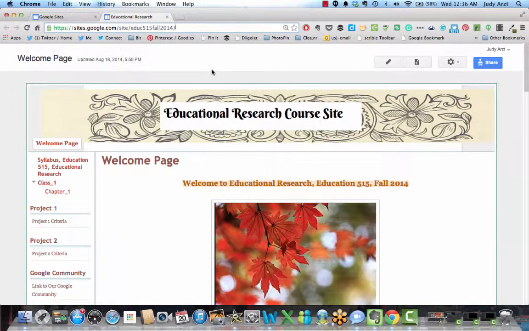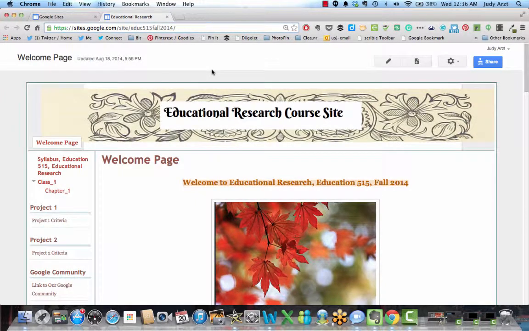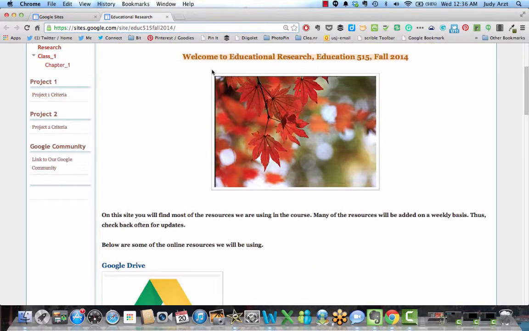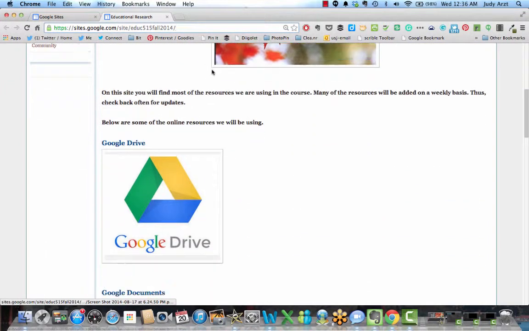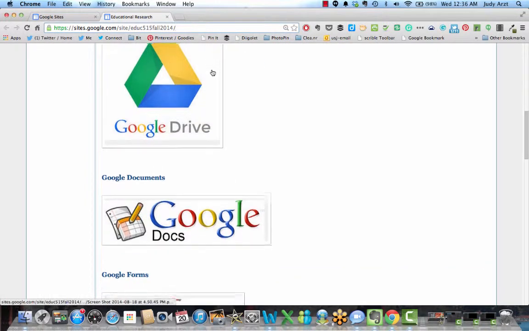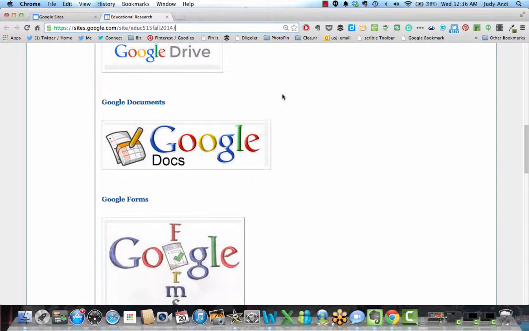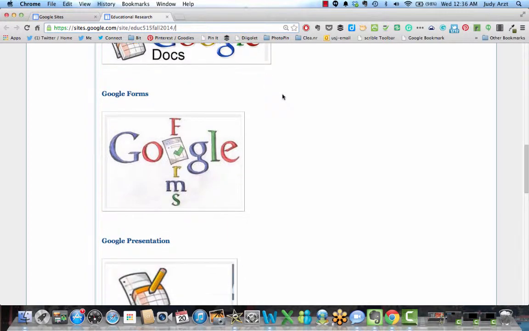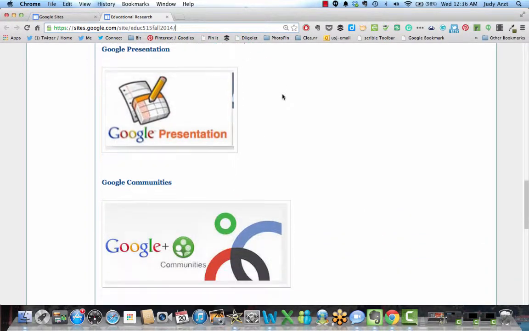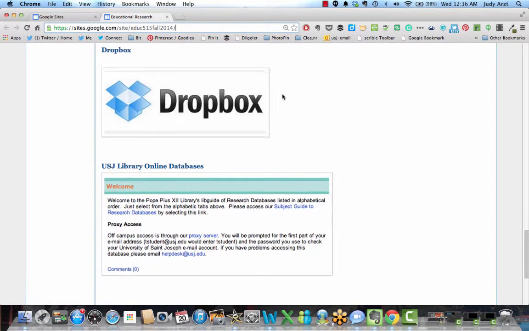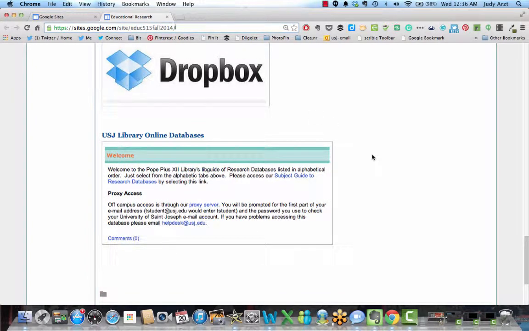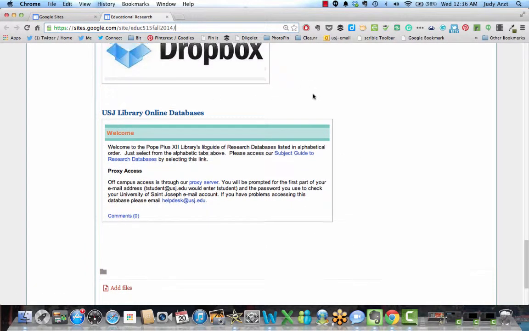This is really the place you're going to want to be to access all the materials you need for our class. When you open up the site, you'll come to this welcome page, and as you scroll through it, there's just some information here about different technology tools we're going to use in the class to make it a little easier for you to save information and to share information with people in the class. I will spend a lot of time using the library databases, so I just want to remind you of that